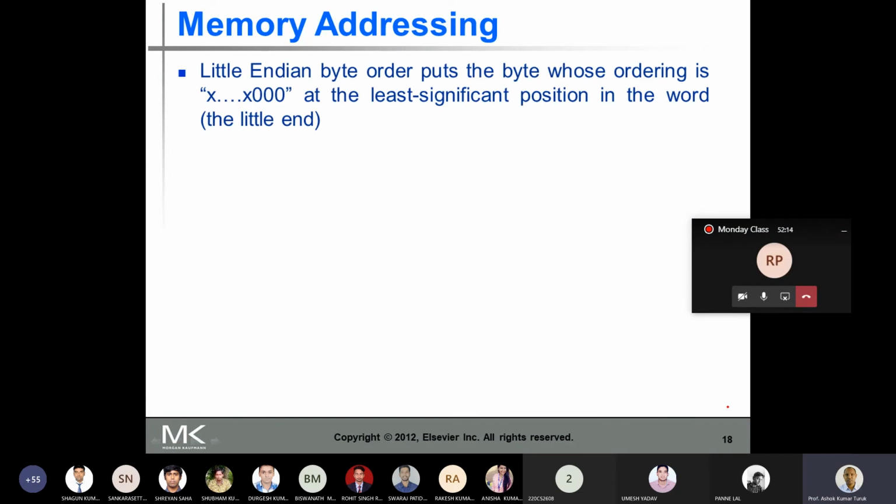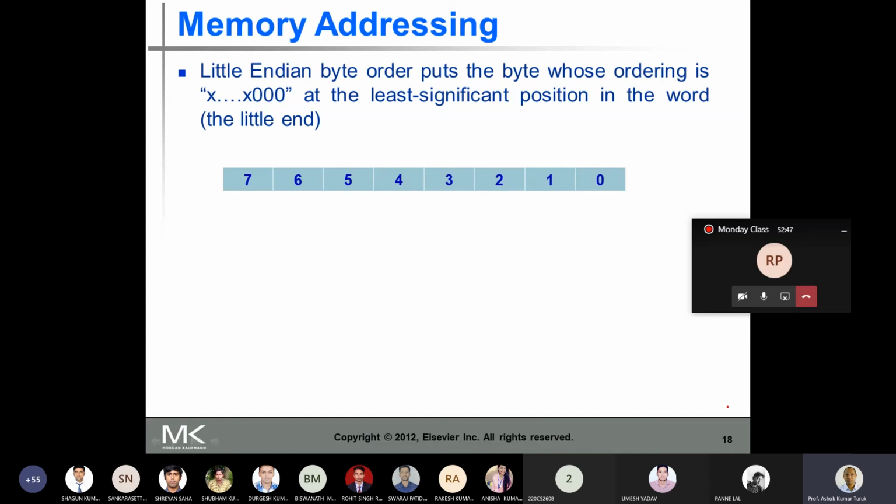The Little Endian byte order puts the byte whose ordering is at the least significant position in the word at the little end. So let's take the example. Let's take an object with 8 bytes, and look at how the Little Endian addressing and Big Endian addressing are done.